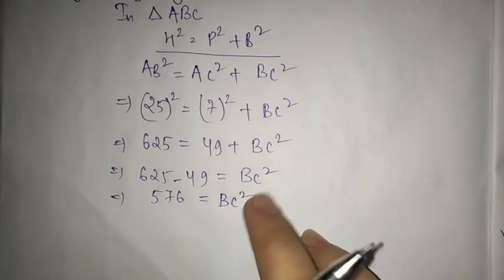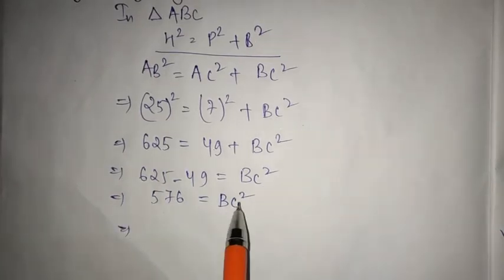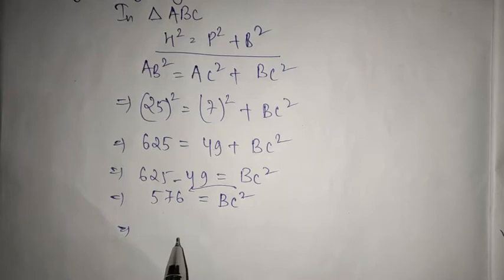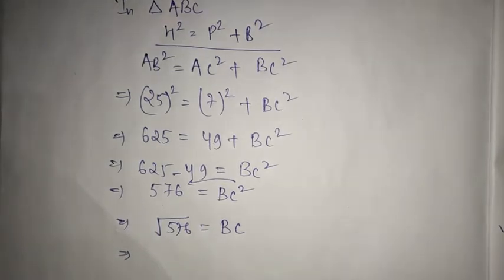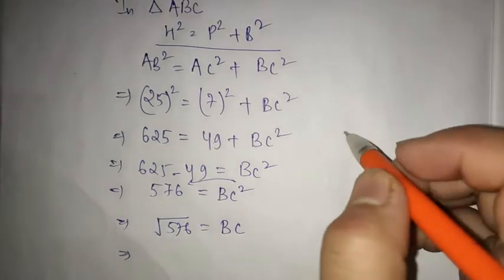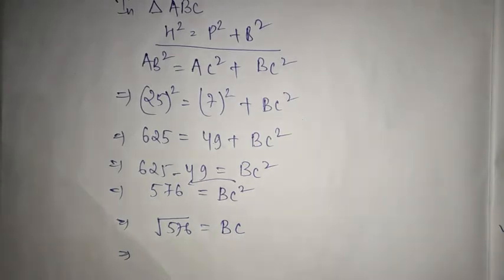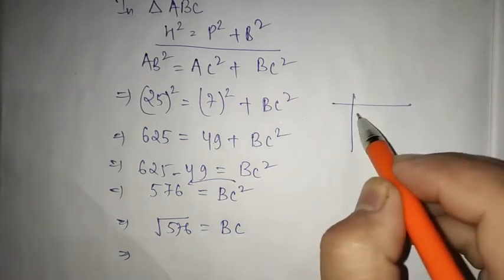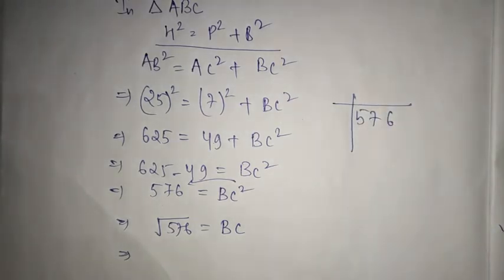Still you have a BC square, no? So whenever square is there, when this square is transposed to this side, it will have 576 square root. Okay, now you have to solve this and get the answer. So when you find the square root, this one also I will be helping. Students, from the next number, I will not be helping you to find the square root. In question number 1 also I have helped you. In question number 2 also I am helping you, because these things must be very new and unfamiliar to you. That's why I am solving again.